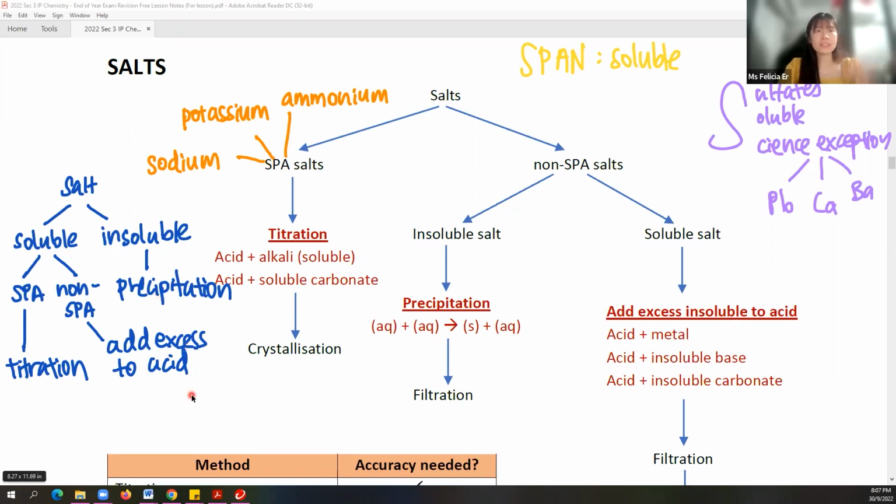Actually the flow chart is the same, so you just use either one. It doesn't matter. There's no fixed rule for this flow chart, for the sequence. Okay, so then next, just now I was saying that titration and add excess insoluble to acid is pretty